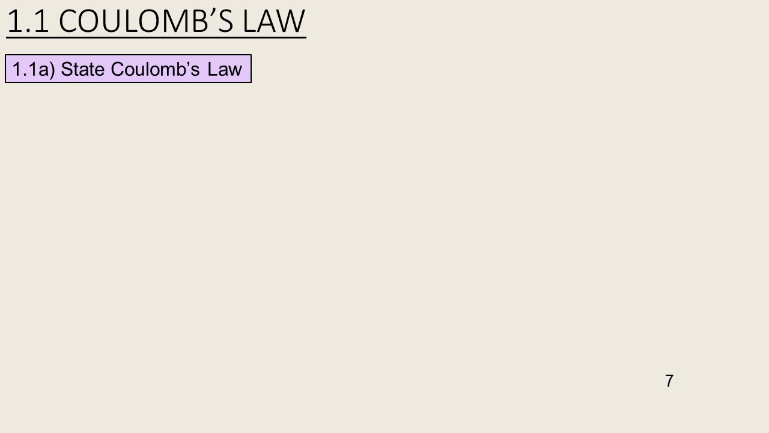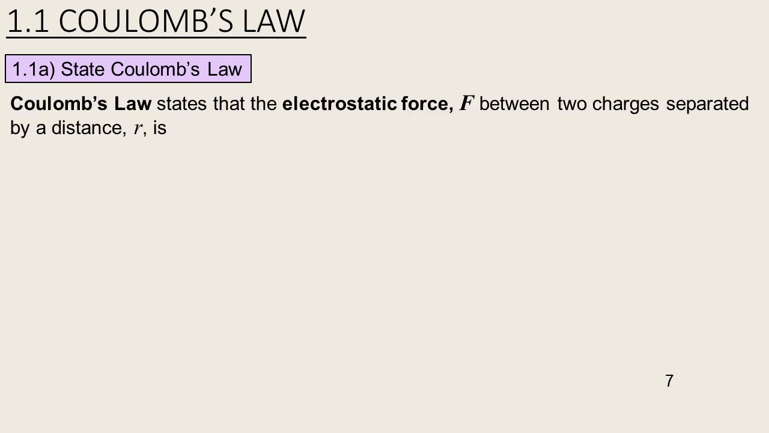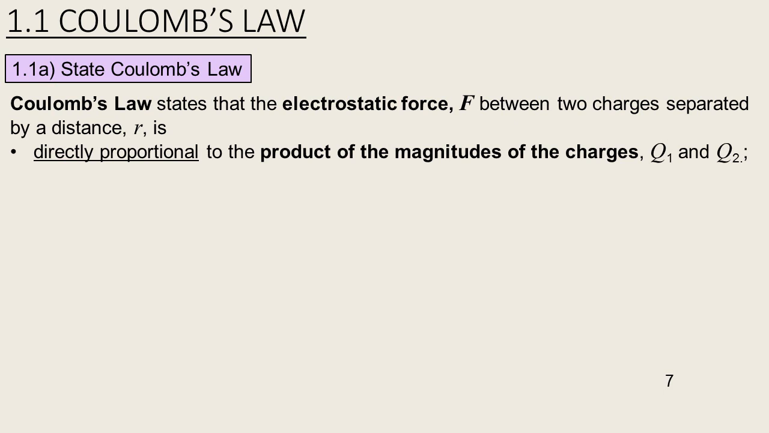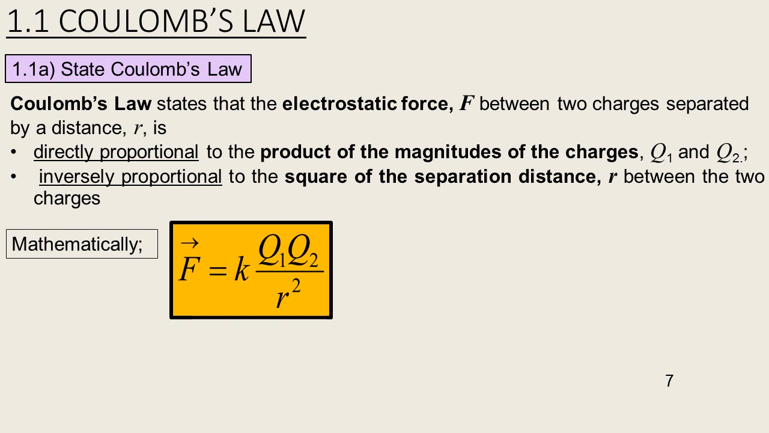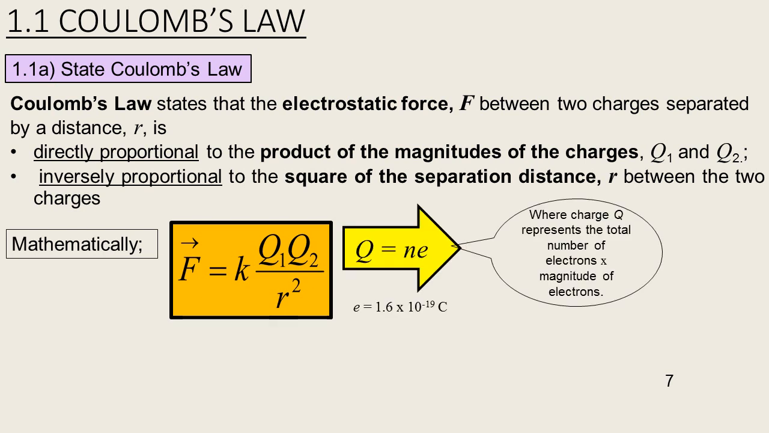1.1 Coulomb's law. 1.1a State Coulomb's law. So what is Coulomb's law? Coulomb's law states that the electrostatic force F between two charges separated by a distance r is directly proportional to the product of the magnitudes of the charges Q1 and Q2, and inversely proportional to the square of the separation distance r between the two charges. Mathematically, we can write Coulomb's law as F equal to k Q1